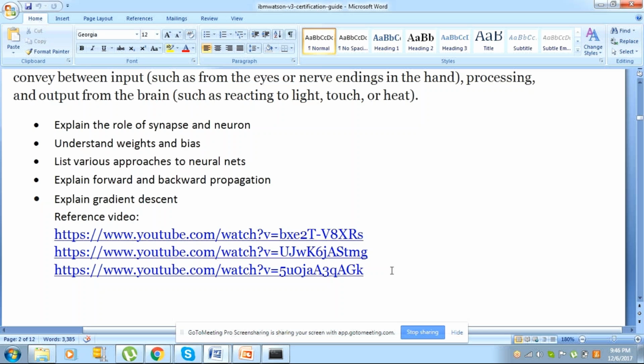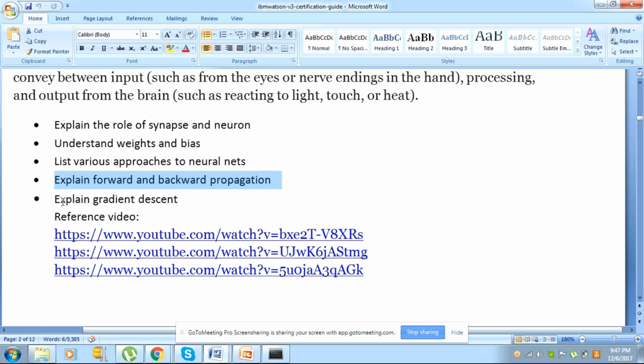But before that, some concepts are required. What is a neuron and a synapse? What is the role of a synapse in a neuron? When we work on artificial neural networks, that is the concept called a deep learning model. Here we have to understand weight and bias, because we have to go through several steps to get an almost perfect result, to make sure the weightage is high that it's a dog or it's a cat. And among the various approaches to neural networks, we'll explain forward and backward propagation.